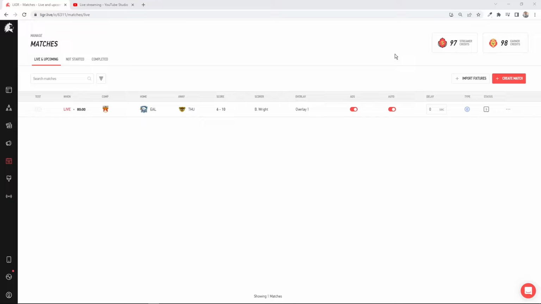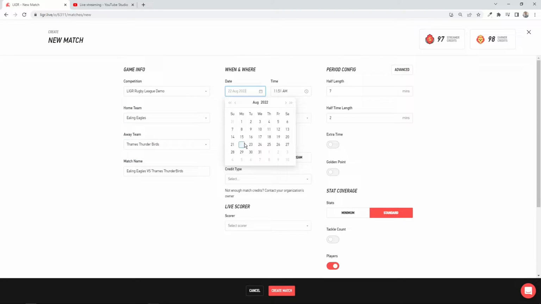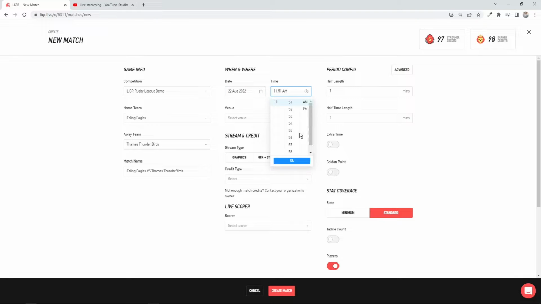So the first thing we need to do is create a match. So in the top right of your Matches tab, the Matches tab on the left hand side, and the top right, hit the Create Match button. Select the comp and fill all the relevant information in. So what we'll do is we will put that this match is going to start at, let's go for